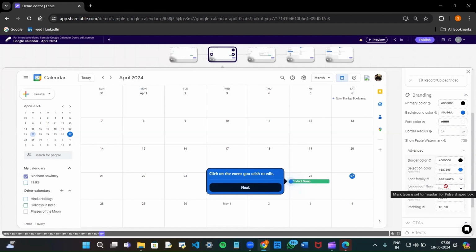Selection effect. This is now in this one, so let's go on box. All right. This is a regular one. Maybe we put it to blinking. This gives a blinking effect. But if we change the selection shape to pulse, we can customize the shape in a way where we want to highlight and draw the user attention where it